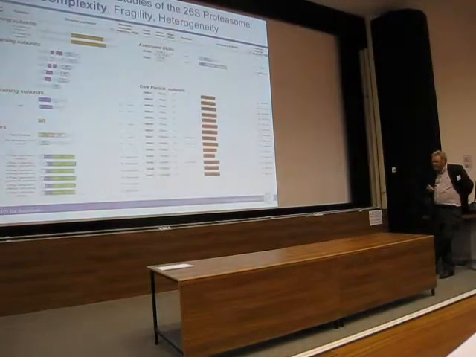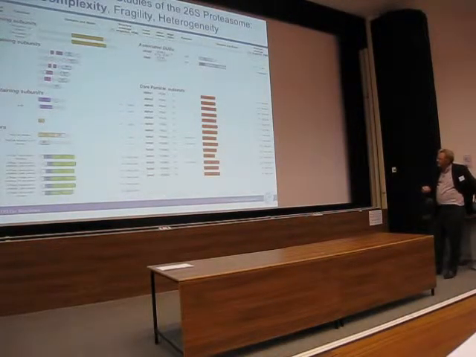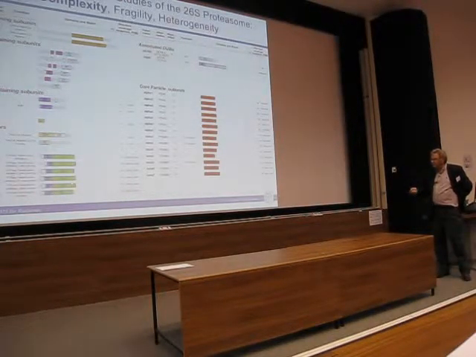Now, why has it been so much more difficult to work with the 26S? There are two main reasons. One is the sheer complexity. I don't want to bore you with too many details, but very briefly, in addition to 7 different alpha and 7 different beta subunits in the core complex, these are the subunits of the regulatory particle. The prominent subset is the AAA ATPases here. There are 6 different ones. They have non-redundant function. Some have important functions in opening the gate in the alpha rings. Others have more